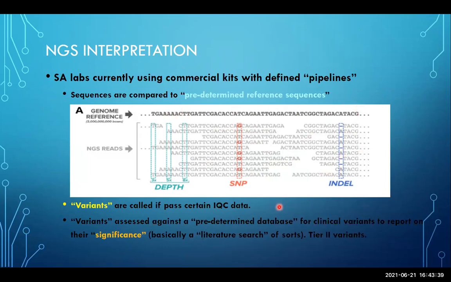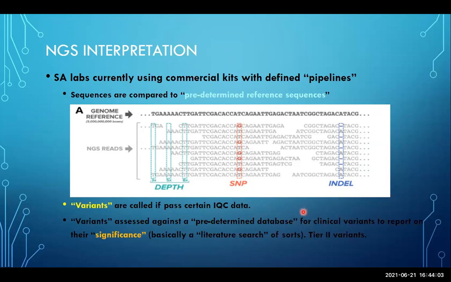And it's going to call a variant if it passes all of the internal QC data from this particular pipeline. Then if a variant is called, like in this case, a SNP, so there's a mutation that's been seen on more than one occasion, it gets screened against